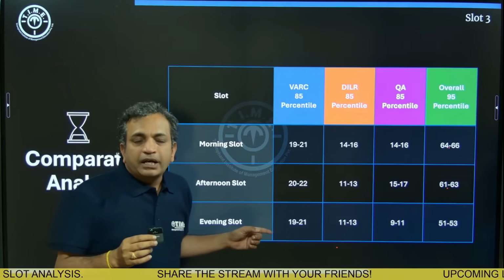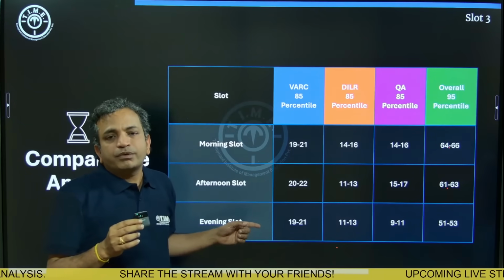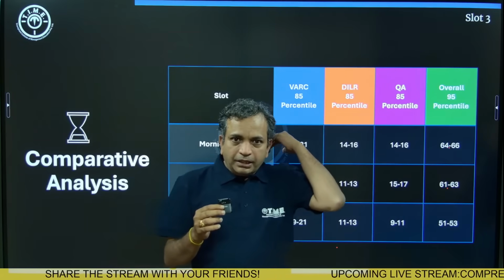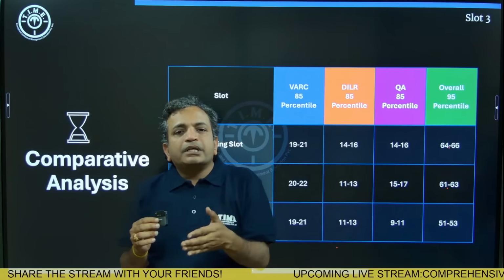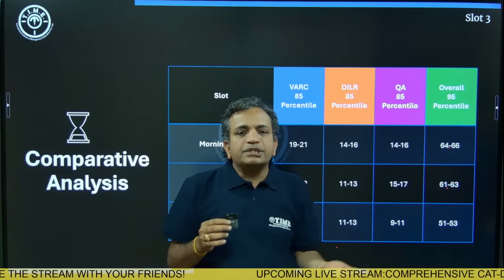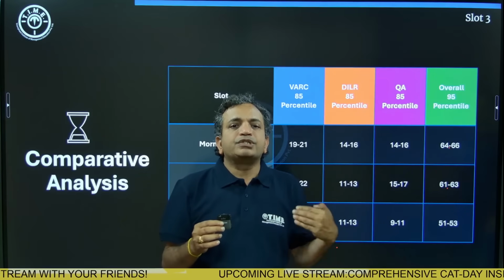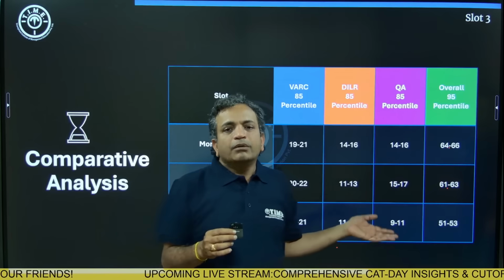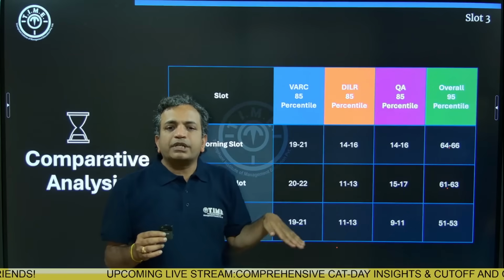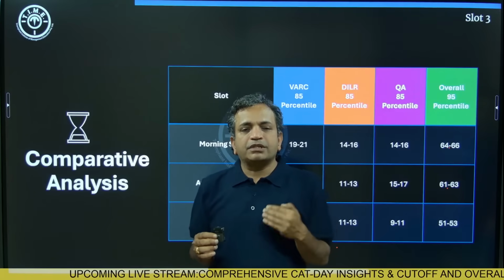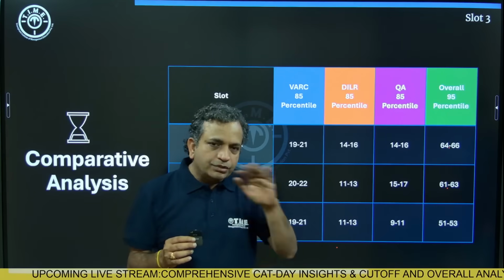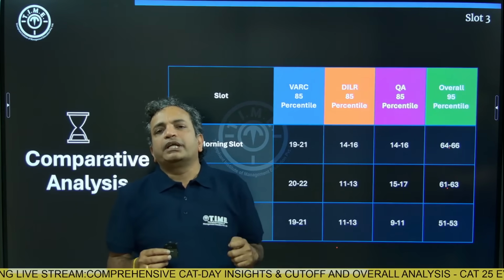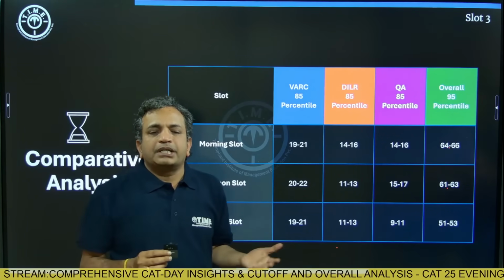You may have ended up with fewer attempts. Do not let that affect you. Take heart and understand that there are many others in the same slot sailing with you in the same boat, and there is normalization which is going to come to your rescue. Somebody else may have attempted more than you in a different slot, who you think is at the same level, and now you see yourself having attempted fewer questions. Do not worry about things like that. There is normalization which would kick in and ensure that your percentiles come out accurately.